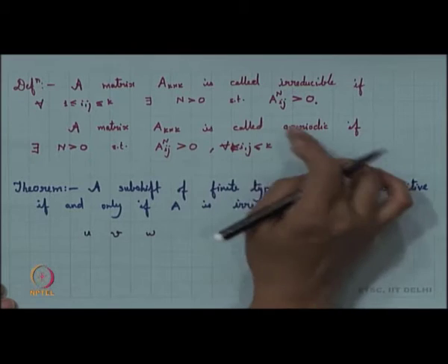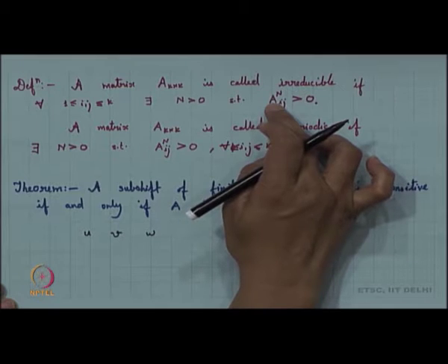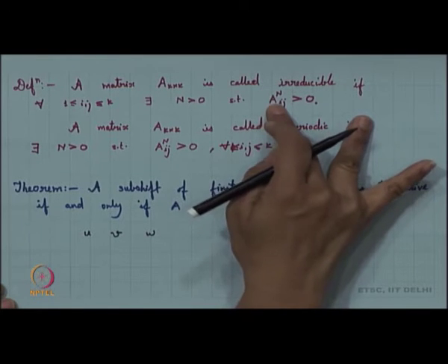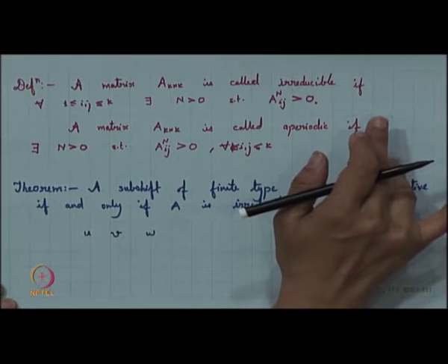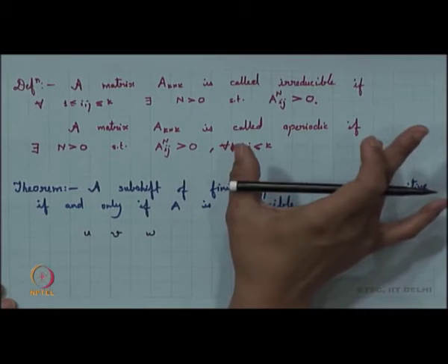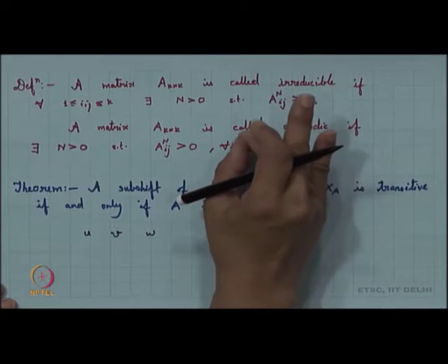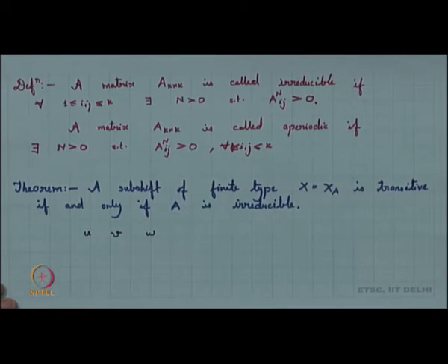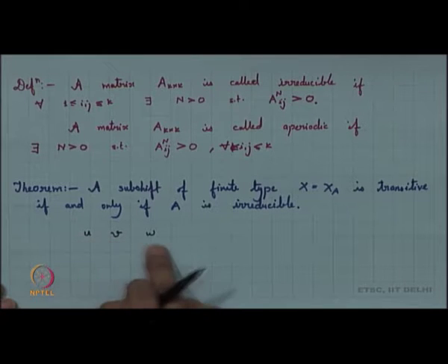That basically means that you start with a vertex i, you take another vertex j, there will always be a path from the vertex i to the vertex j, maybe of length n. So, this path will be n steps. So, you will always get an n such that this is going to be positive, and so, given a word u and given a word w, you will always find a word v of length n such that this is a permissible word.